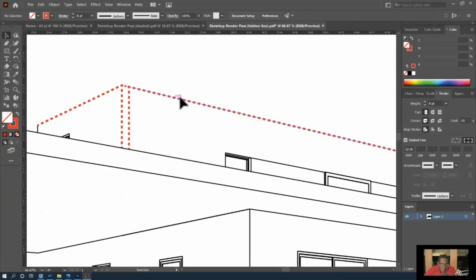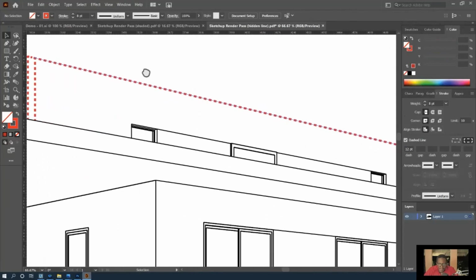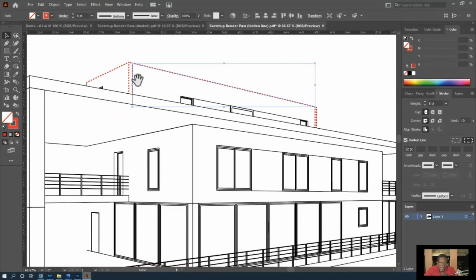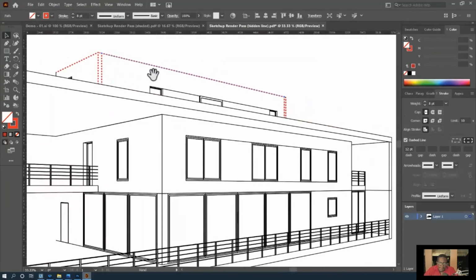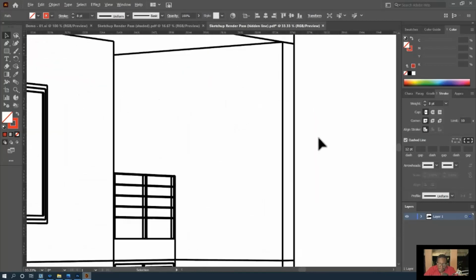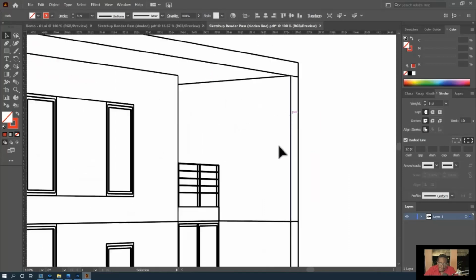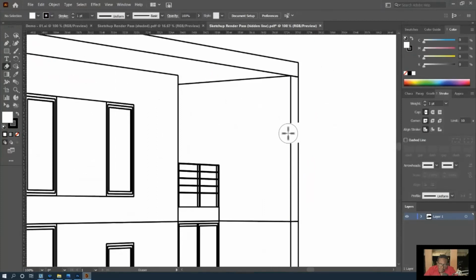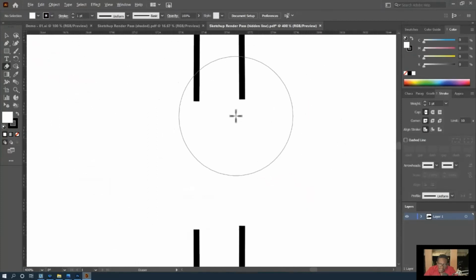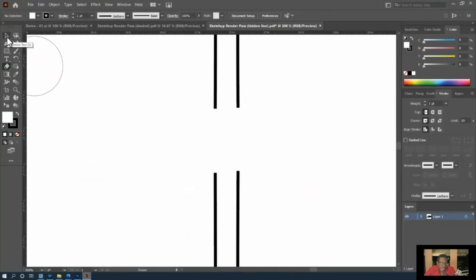And because they're line work, I can do other manipulations with them as well. For example, if I wanted to maybe carve a section out of this wall here, I could just use the eraser tool, and let's increase the size of that. Using the eraser tool, it immediately split these lines here,